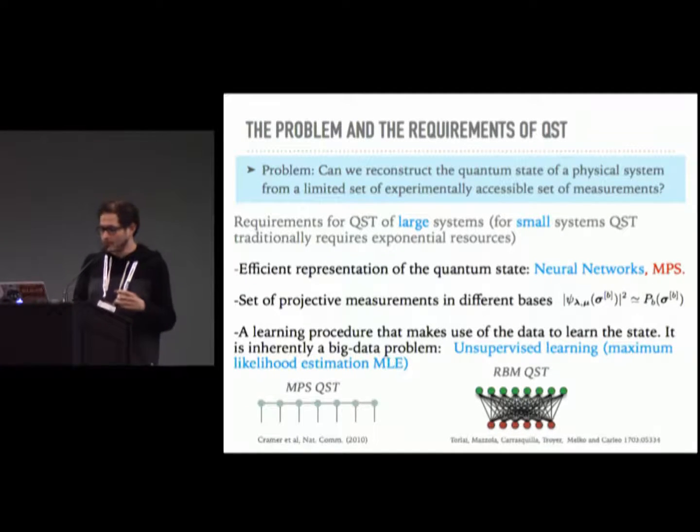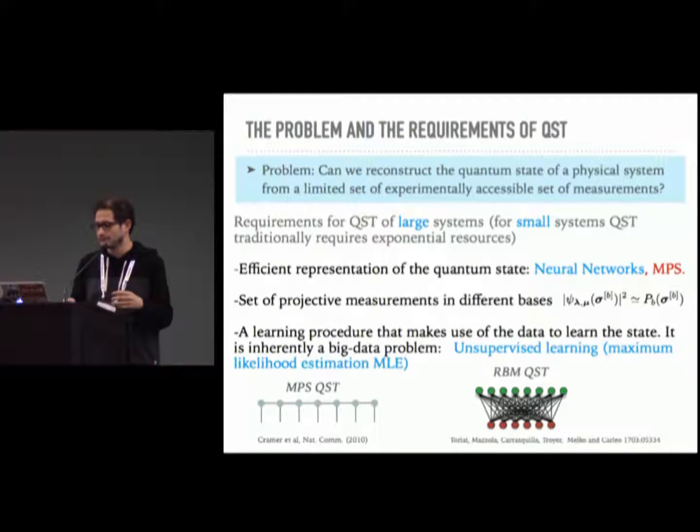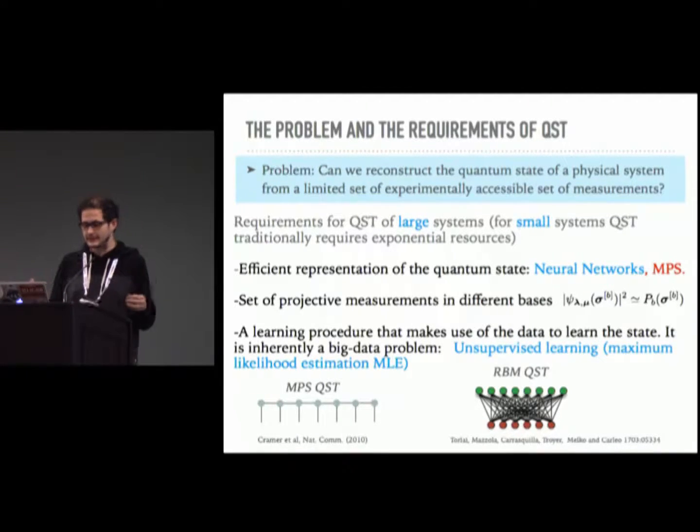And then we need a set of projective measurements in different bases that I represent by sigma b, whose measurement probability is given by the square of the wave function, and this is basically Born's rule written in different bases. And we need then a learning procedure that makes use of this data to learn the state. So it's an inherently big data problem, and what we did is we used unsupervised learning and maximum likelihood estimation. And our neural network is the RBM,